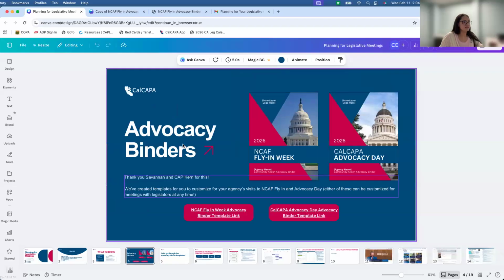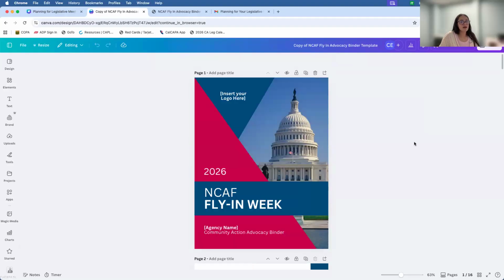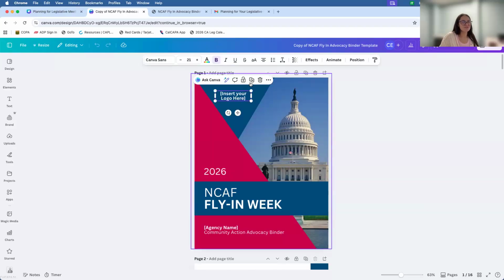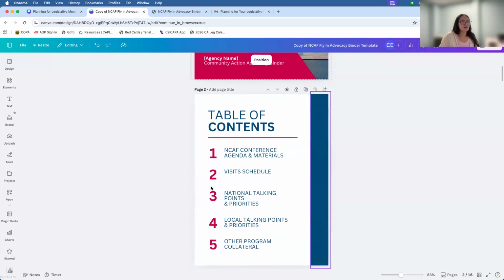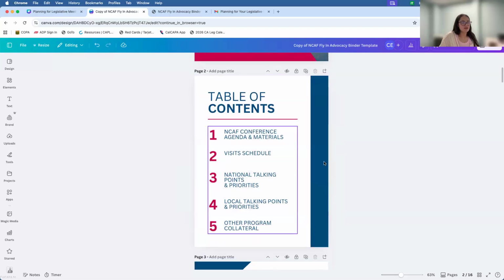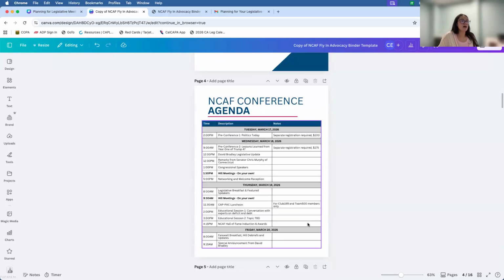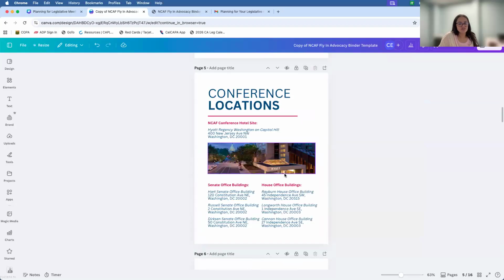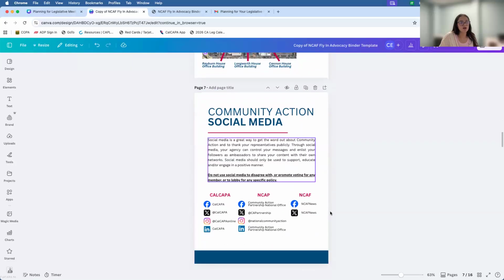Really briefly, before we get into the content, I wanted to show you what these look like. When you open this link, it'll take you directly to the Canva template, and it opens like this. As you can see, most of it you can't really move and touch. This part you can remove, so you'd insert your logo, and same thing here. You can edit that agency name. A lot of this you can't really move. It's stuck there because those are the parts that aren't meant to be moved around. You have the conference agenda, conference locations here, map of Capitol Hill,